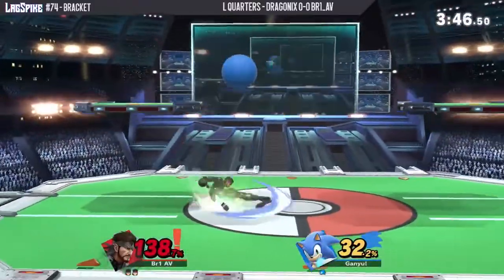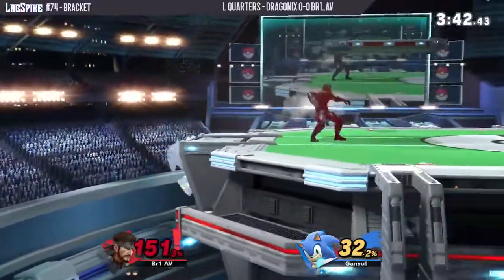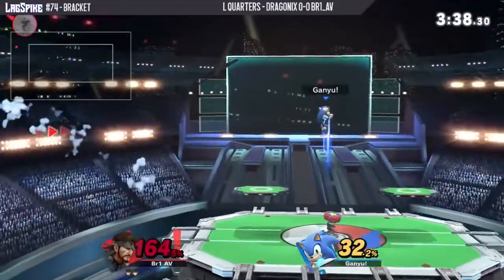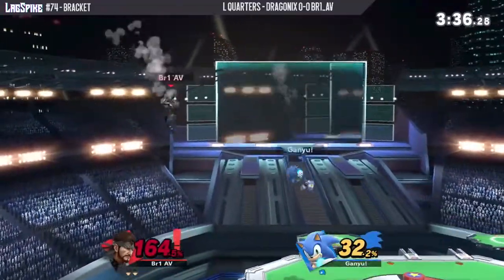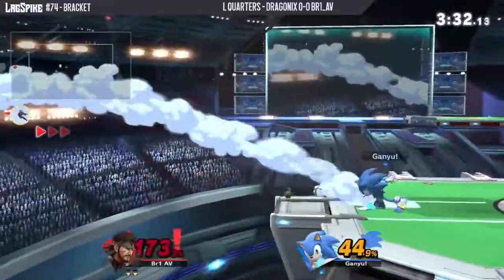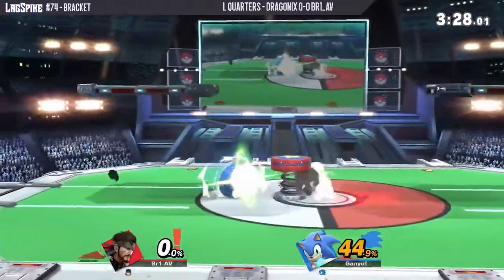Okay, so far so good for Br1 off stage. Bankai wants to end it off the mark though. Back throw surely doesn't kill. Heavy character Snake is. Now this just gives Br1 another chance to try to get some more damage, but no, good tilt right there. Bankai trying to go ahead and